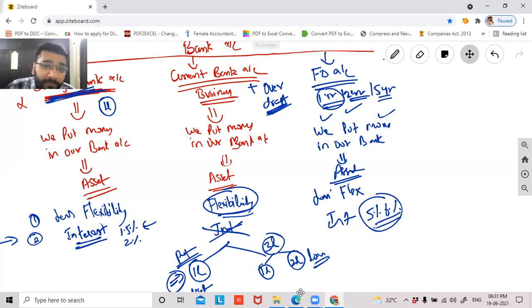So bank overdraft means it is a liability, because over and above the money that is there in my current account, I'm withdrawing money. When I go to the bank and take money, I'm not taking 1 lakh, I'm taking 3 lakh rupees. You put only 1 lakh, how can you get 3 lakh rupees? If you're getting 3 lakh rupees, it means your account is a current account plus a combination of overdraft account. If your account is only a current account, you cannot withdraw the extra 2 lakh rupees. Are you getting this point?